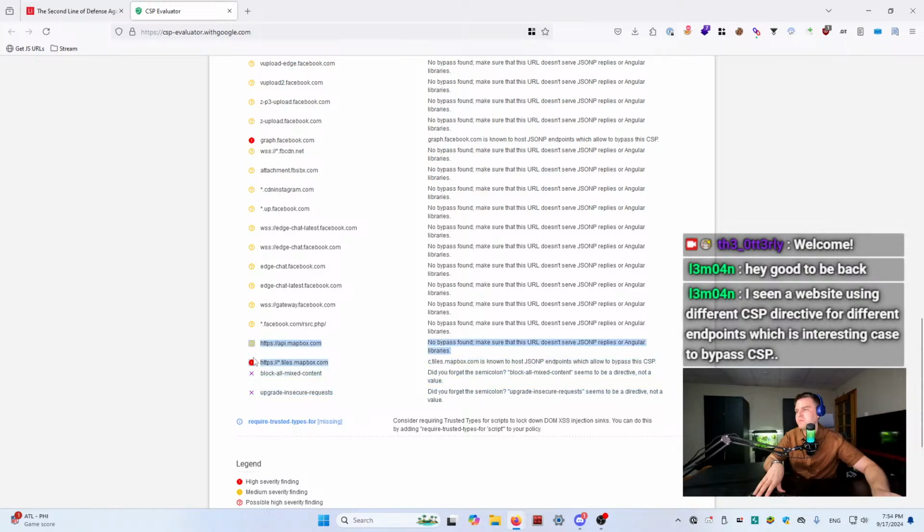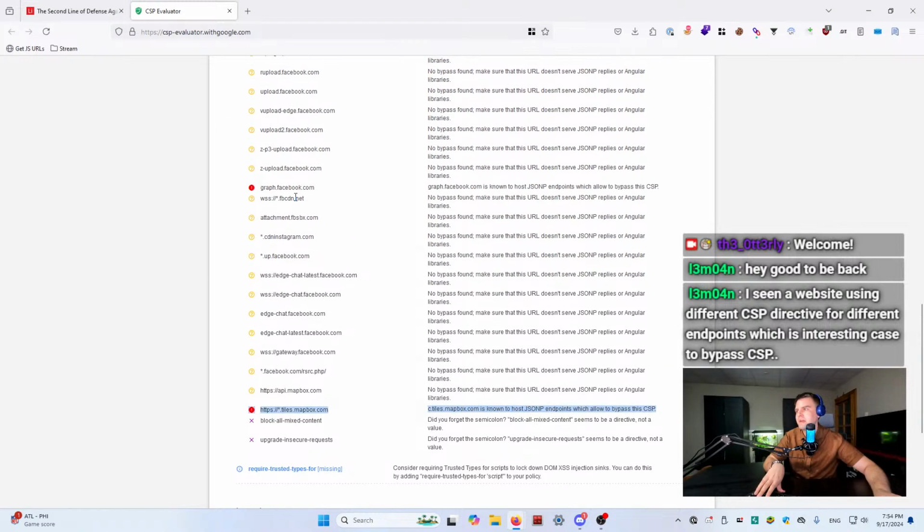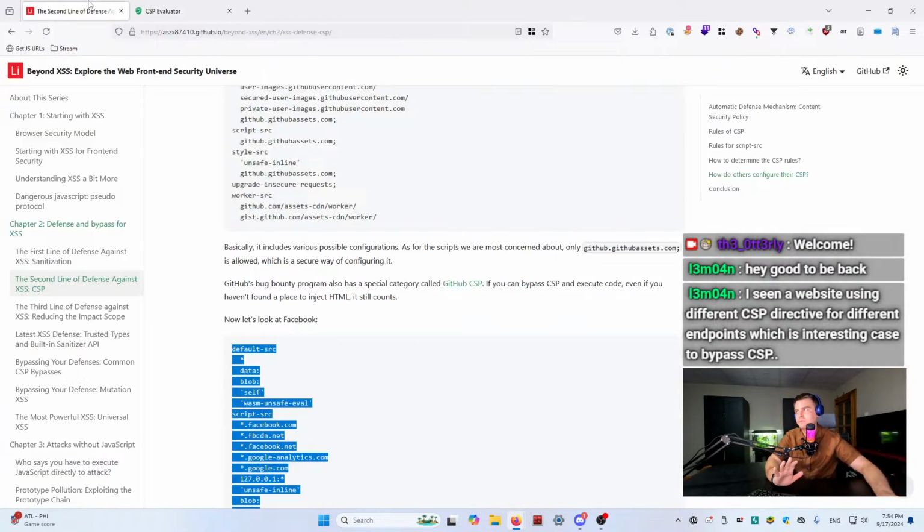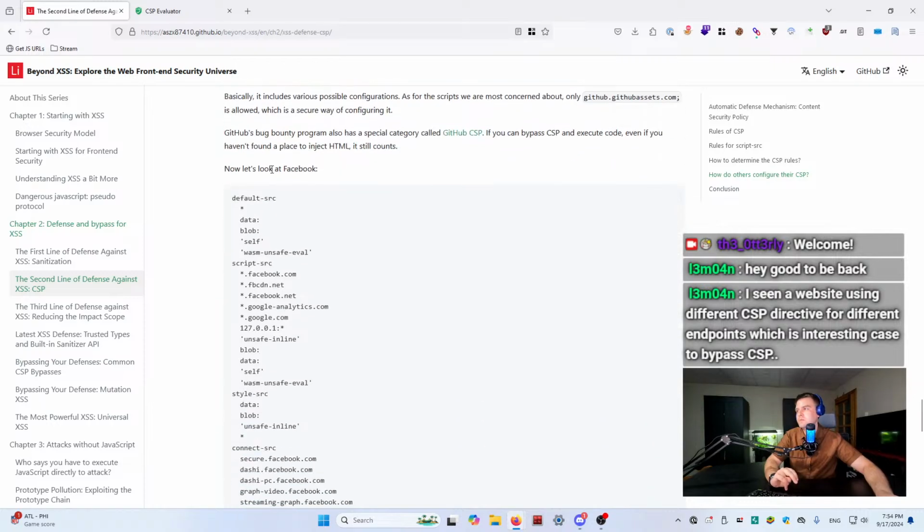In some websites, the CSP could be bypassed. For example, JSON-P endpoints allow you to bypass CSP. But basically you have to find the bug on another website and then chain it with the current website to fully exploit it. All right, so